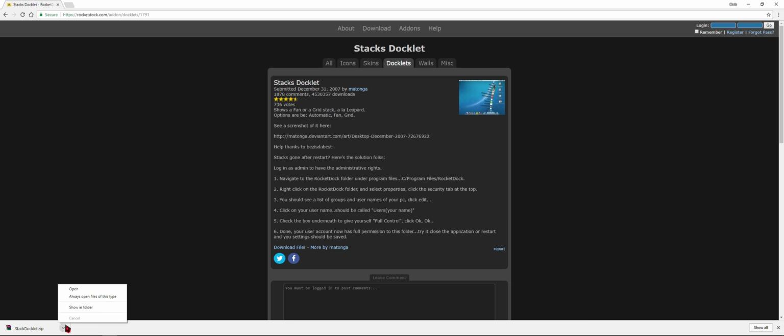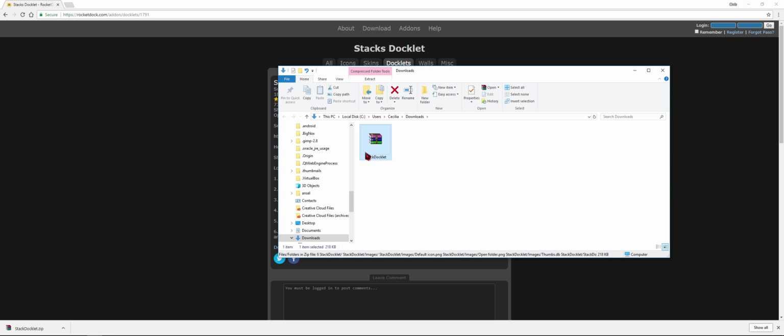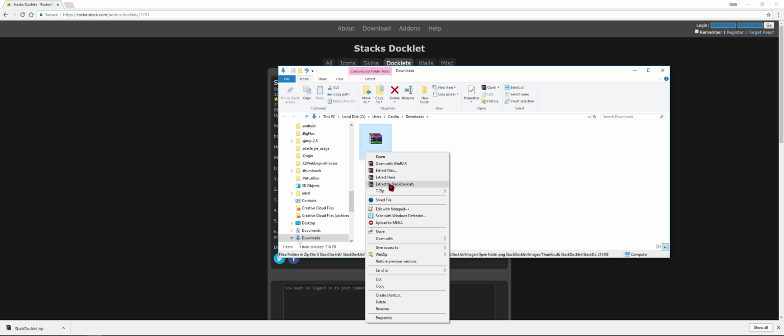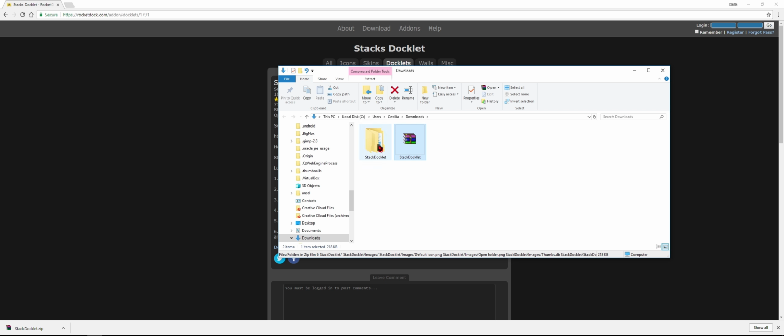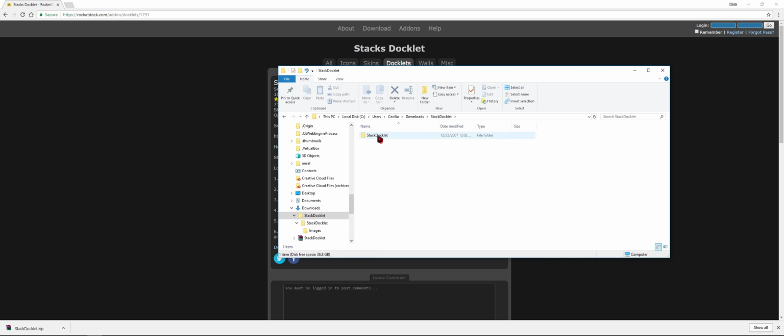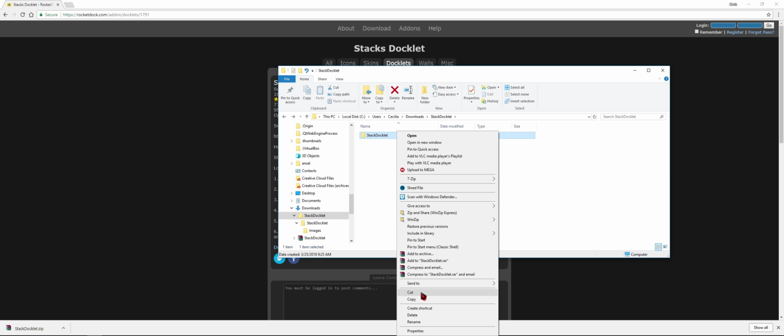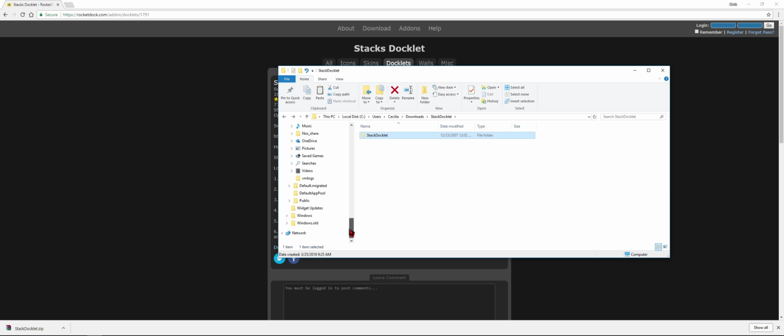After the download, go to the folder. Now just click on the last option of extract. Now you will see inside the folder is another folder with images and stack docklet. Now you want to take the folder with the stack docklet.dll. So right click, cut, and then go